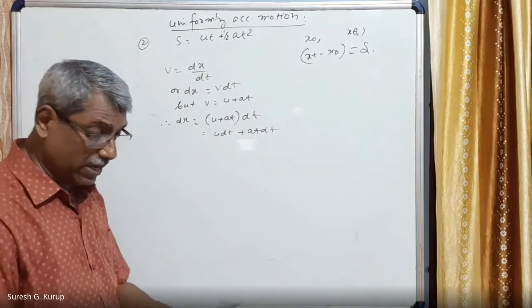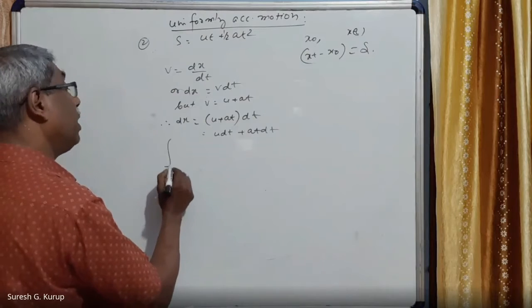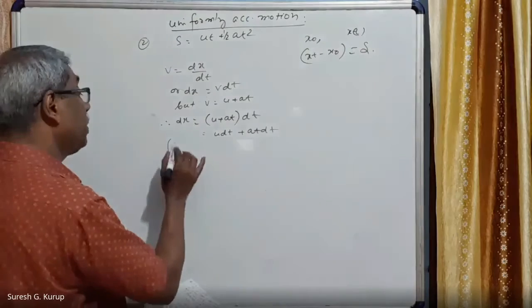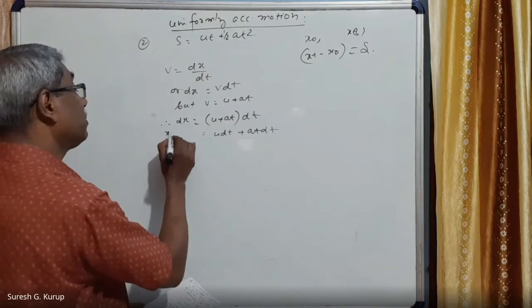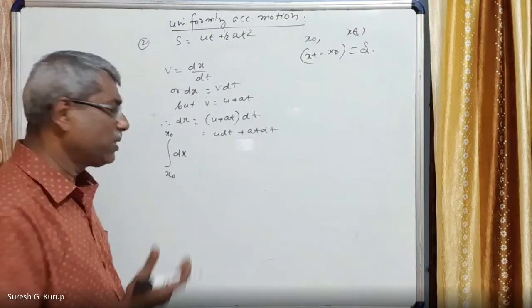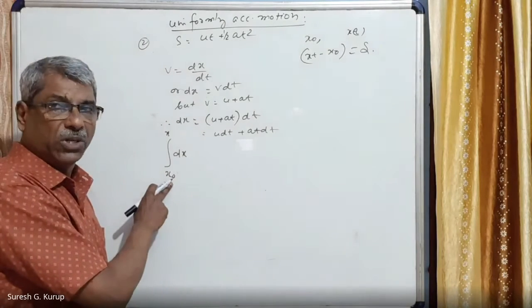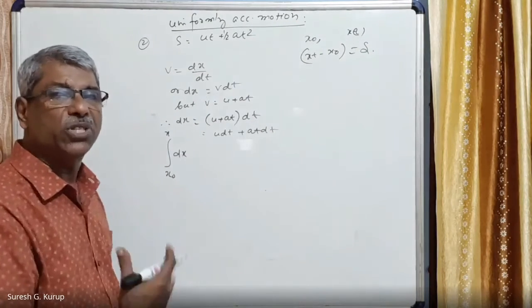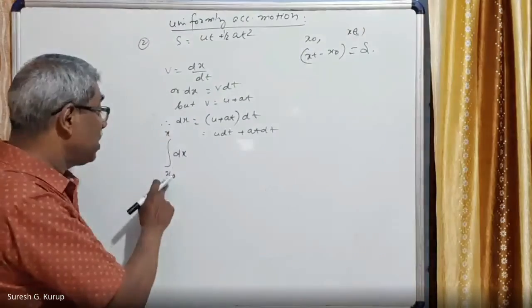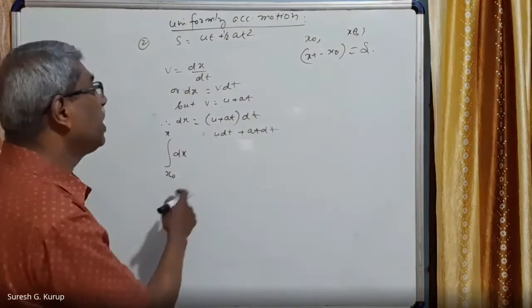Right? Now we will integrate this function. Integrating the function, we will get the integral of dx within limits x0 to x, or x0 to xt also you can write. I am writing x0 to x. That is, at 0 time, the displacement of the body from the origin was x0. After t time, the position of the body is x, right? So this function of x, the displacement, is integrated within limits of the position, right? The limits are positions. Here it is t.